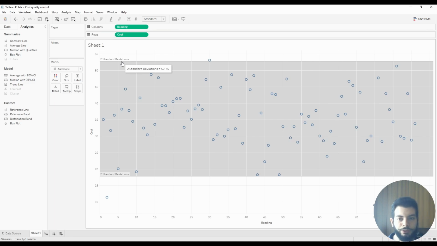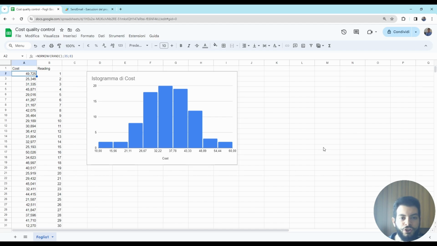Now you might wonder, how can I receive a notification when a number goes out of the upper band, so the process is not in control? And this is an interesting question, because, for example, Tableau doesn't allow you to set notifications for free. Same for Google Looker, because you need the Pro version that you pay, and same for Power BI, because you need the license. So the cheapest option is to return to the Google Sheet and write a custom script.